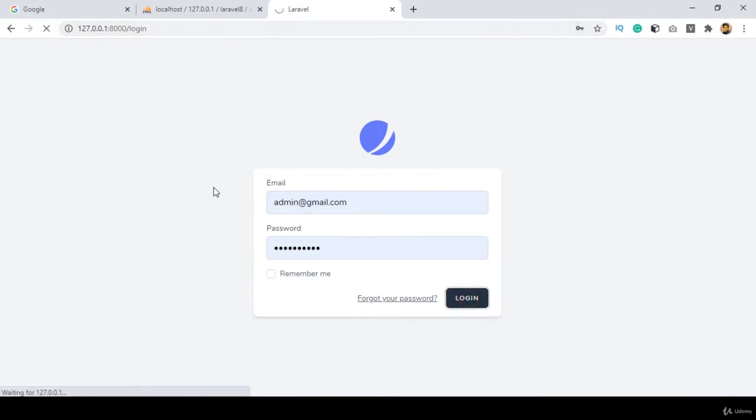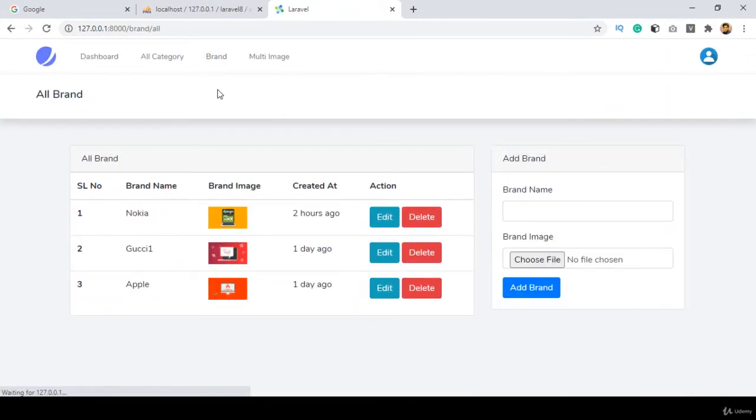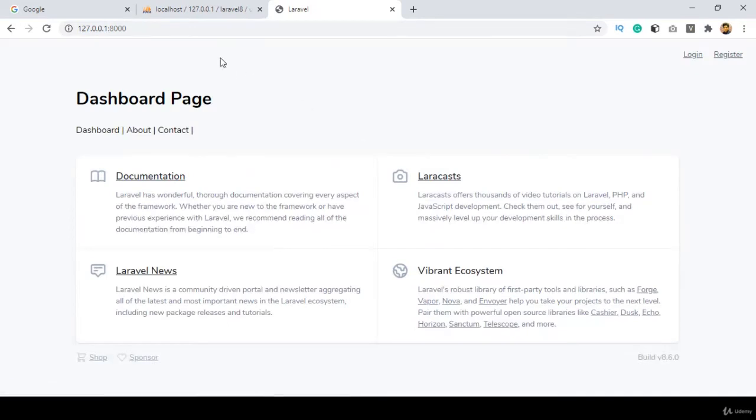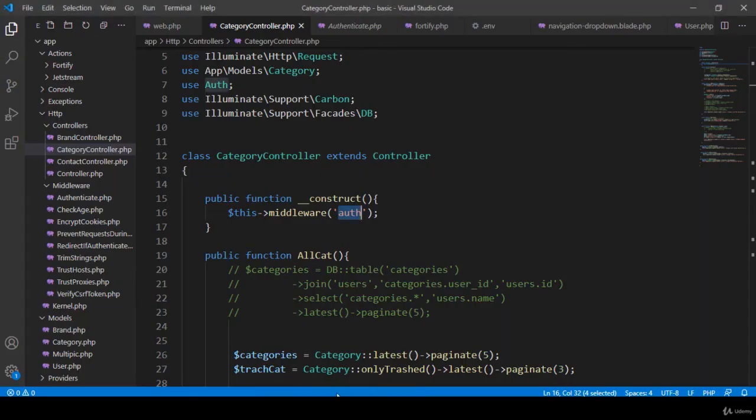And now if you log in, then after logging in, our all category page is perfect, right? And also I want to do the same work for our brand. That is our other URL. I copy it, go to logout, and if you want to access this URL, click enter. You can see it's now showing some errors. So I also want to do the same thing for another controller I have created. That is the brand controller, right? So better I copy it,